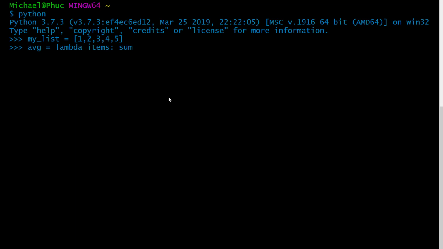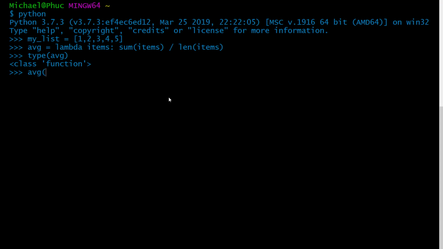So sum, using this built-in sum function of Python, sum of items divided by the length of the list items, and that should give us the average. So now if we do type of avg, as you can see, it is a function, a lambda function to be exact,